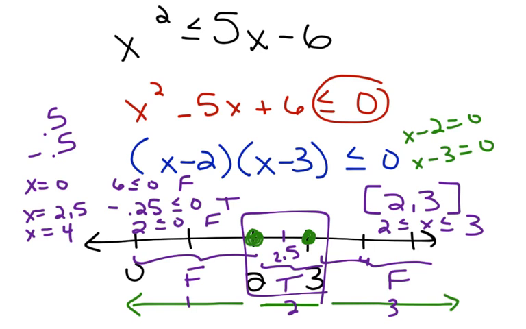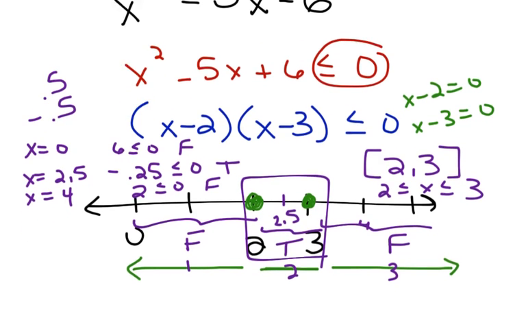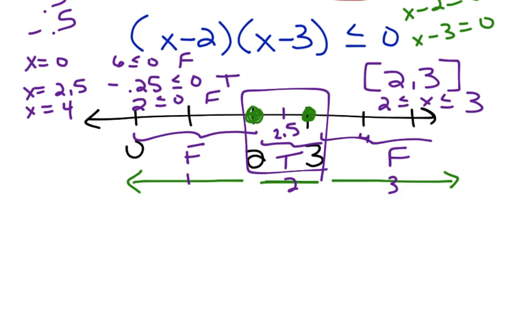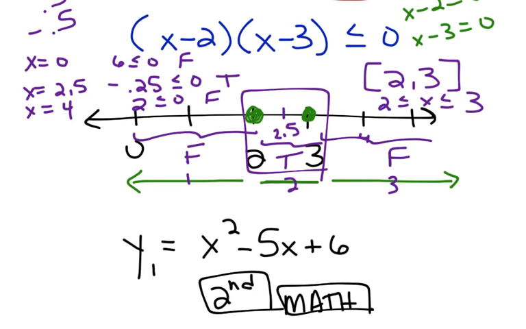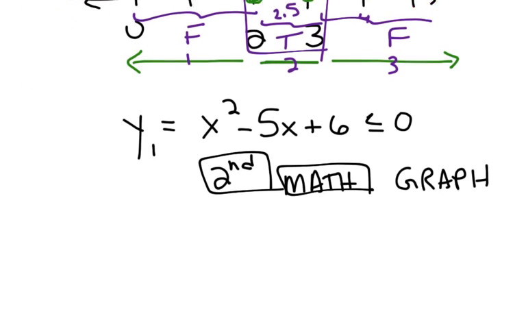So you might see why I like the graphing method better. There's another way of graphing it as well, where it'll give you the answer as a number line rather than just looking at the quadratic equation on your graph. So if you go to y1 equals, and you type into your calculator x squared minus 5x plus 6, and then you go to second math, you'll see a bunch of inequality symbols. Pick the less than or equal to, and then type in 0, and then hit graph. And what you'll see on your screen